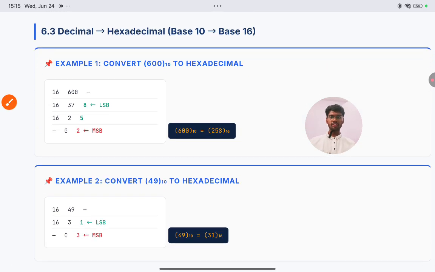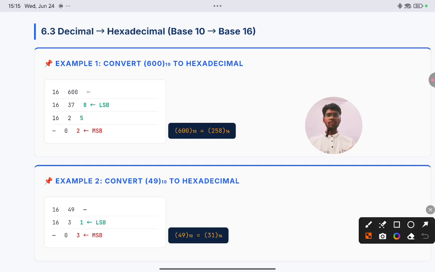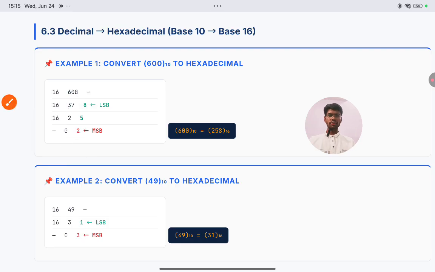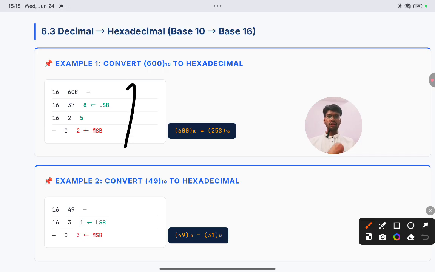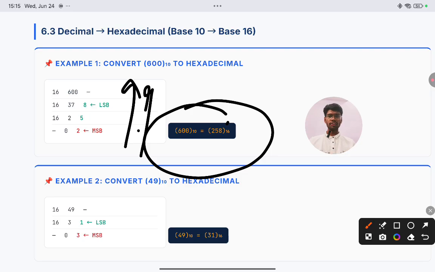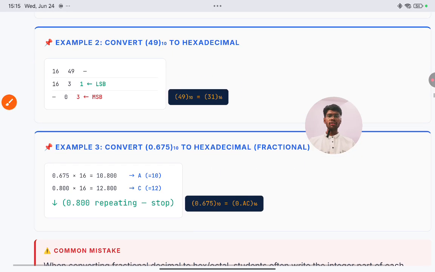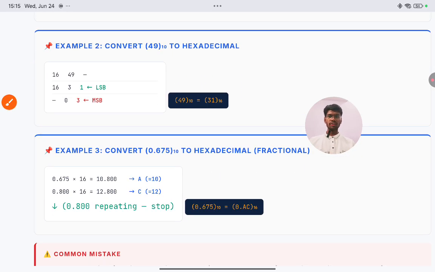Hexadecimal is a bit crazy. Same thing you need to do. You just need to divide by 16 everywhere you are doing it. And you'll be getting 258. Go from bottom to top. 258 you just write for this part. Very easy, right? But if you need 49 to hexadecimal, same thing. You do this, you get 31. Very easy,